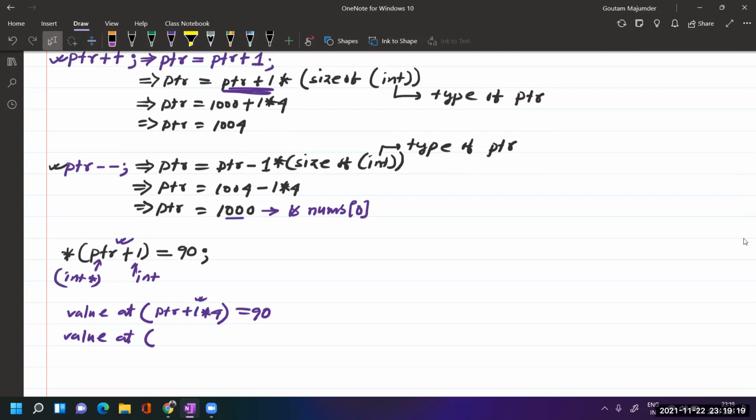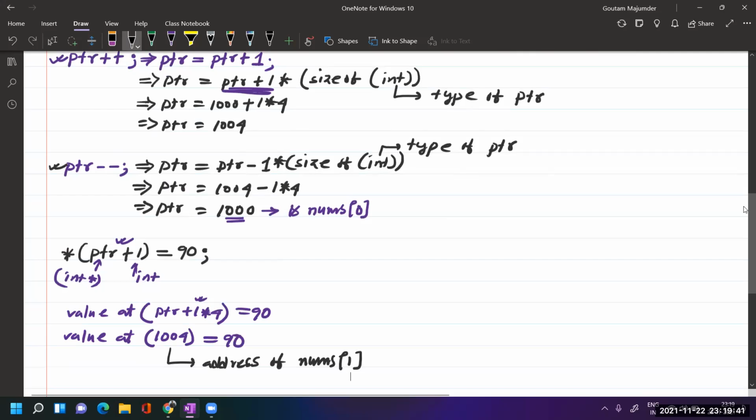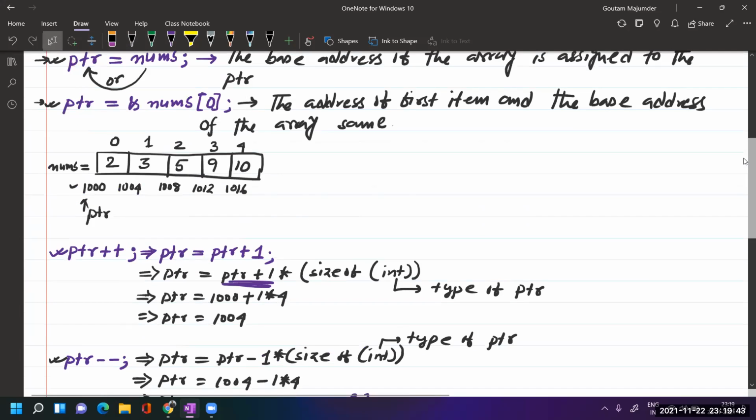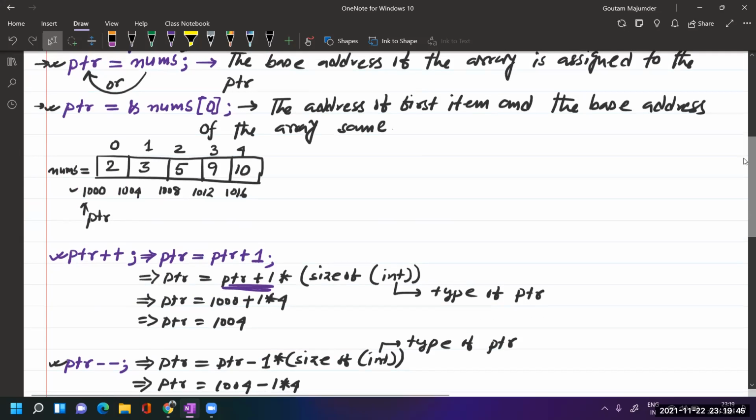What is ptr now? 1000. 1000 plus 4 will become 1004. So what is 1004? It is the address of nums of 1. Yes, let's see the picture again. Address of nums of 1. Yes, correct.